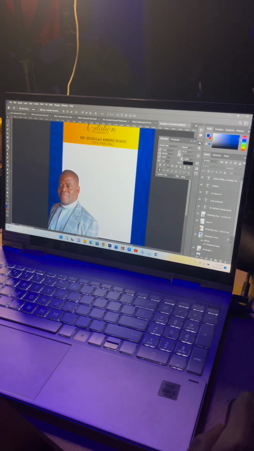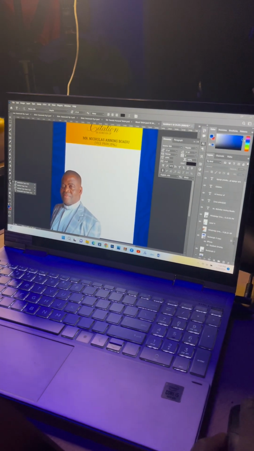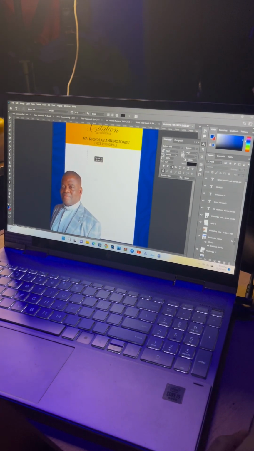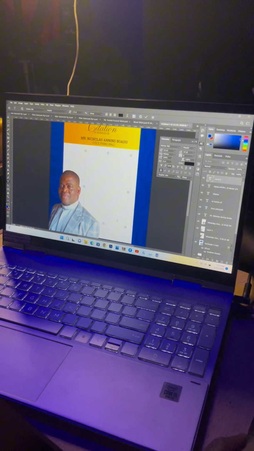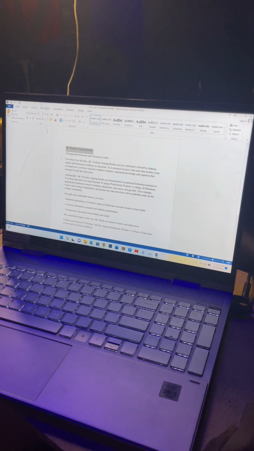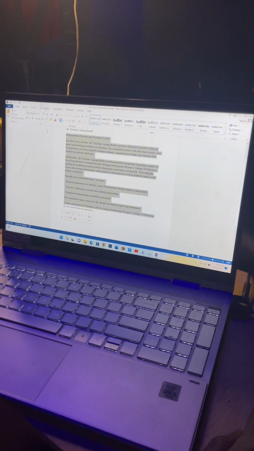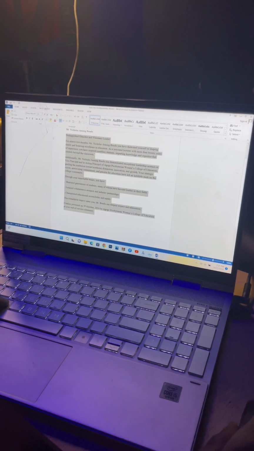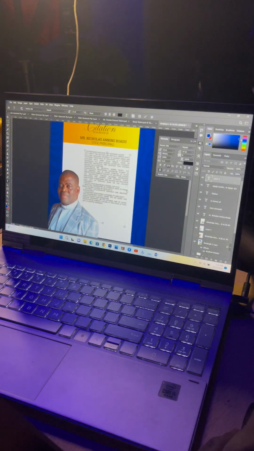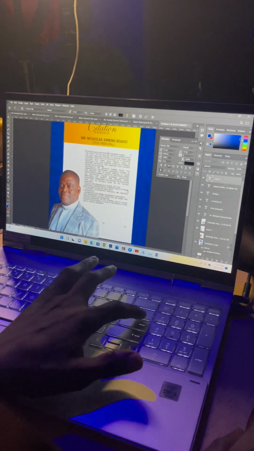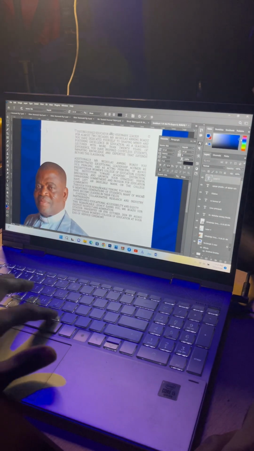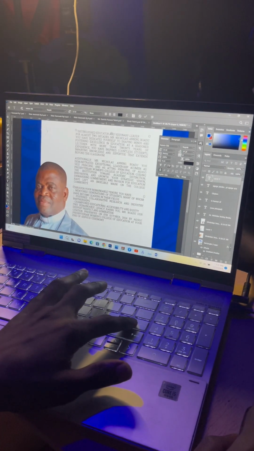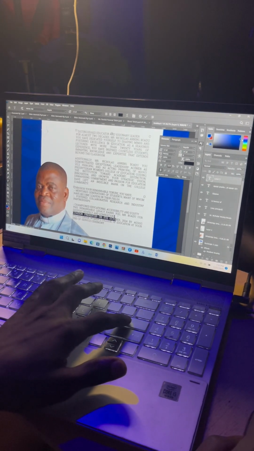All right, then the next thing is to pick up the text tool. Okay, and then we are going to draw something like this. Then I'm going to copy the text here. So this is the text for the citation. I'll just copy it and come and paste it over here. Then I'm going to leave some spaces in between them to make it easier for reading. Okay,